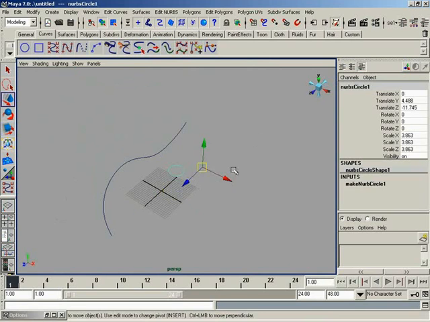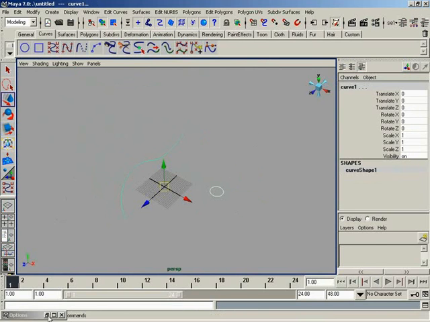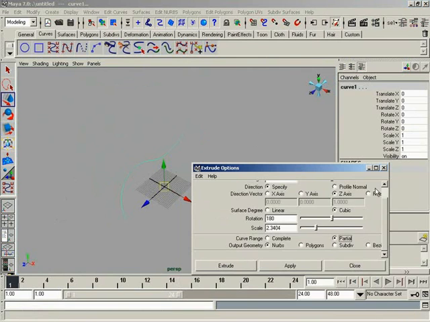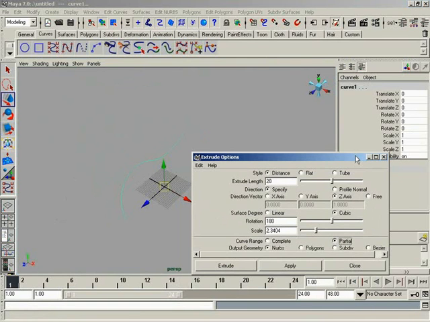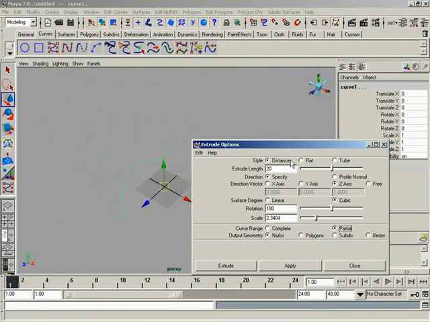So we have a profile, and we have a path. I'll select the profile, select the path. Let's open up our options for our extrude tool again, and we'll blow these back up a little bit so we can see all of our options again. Now let's set our